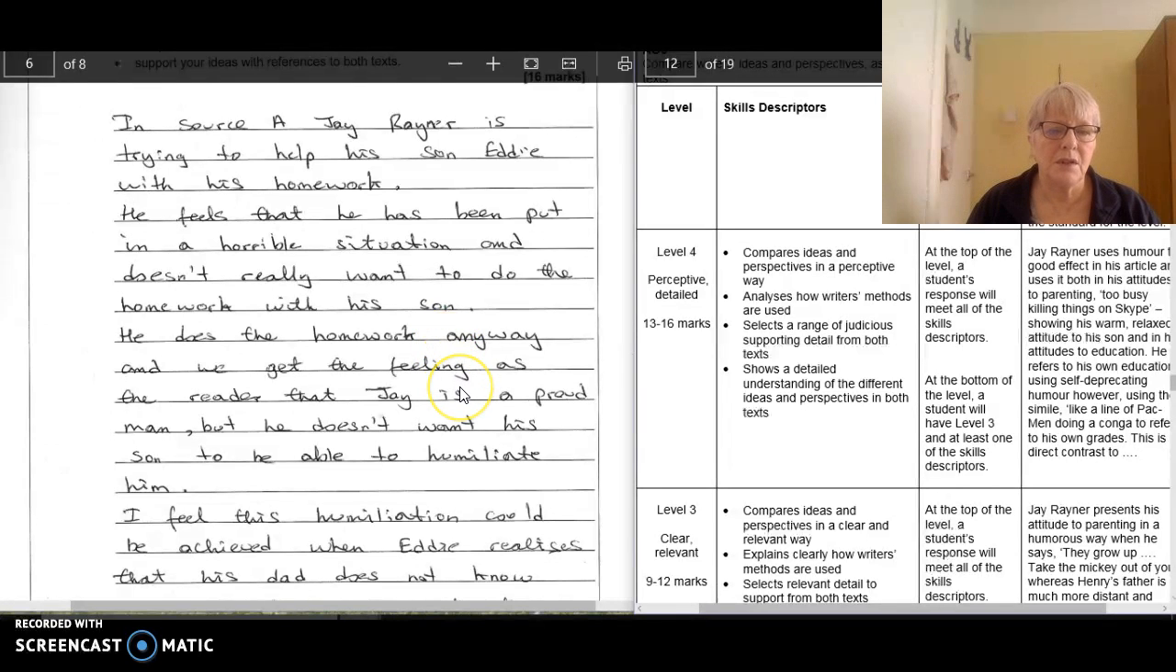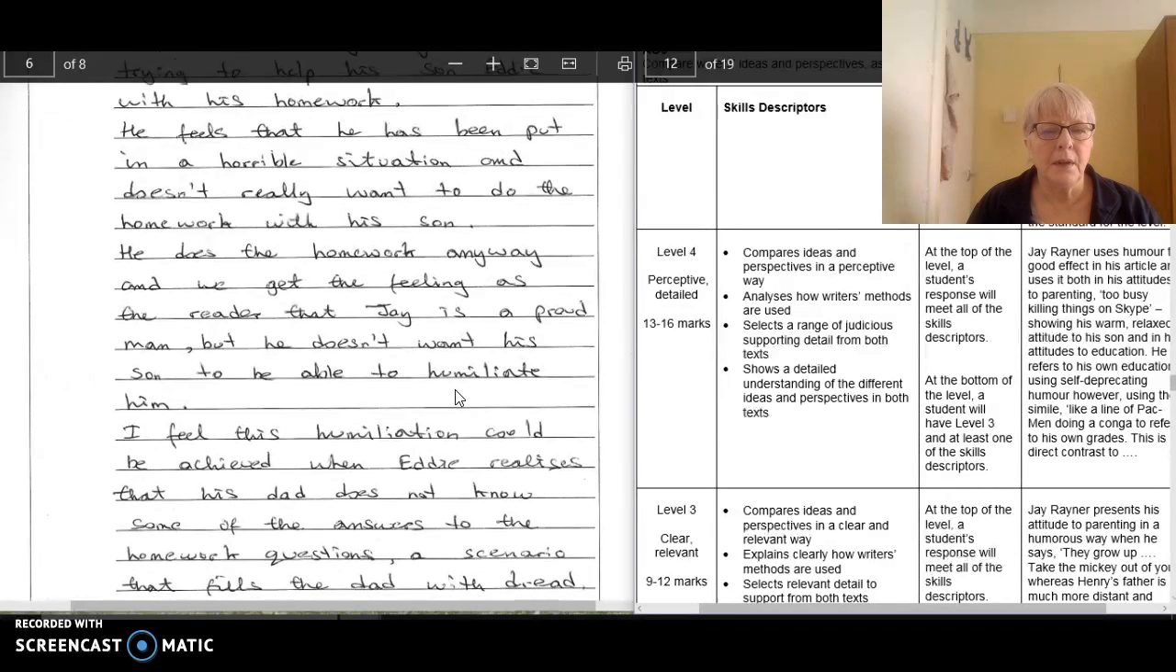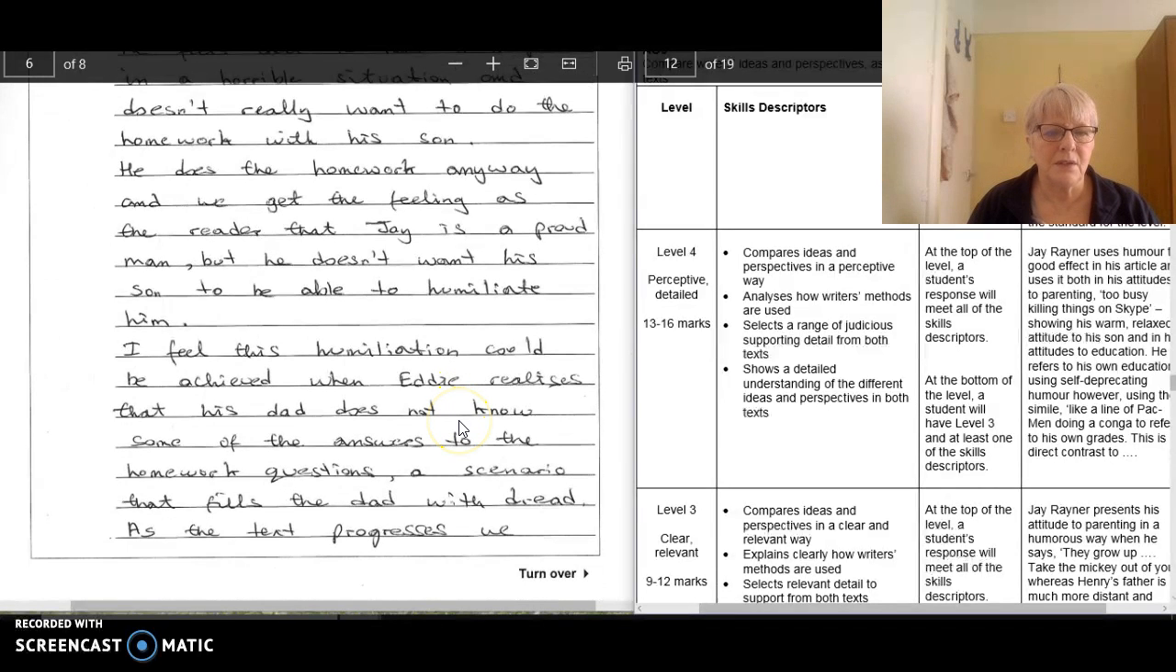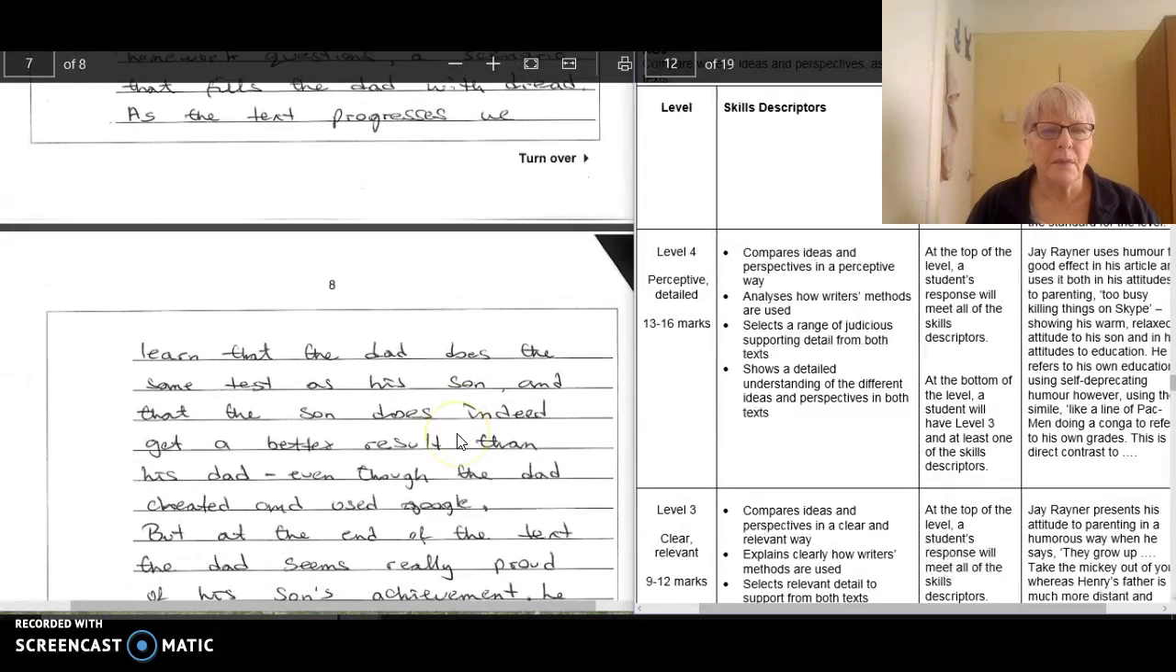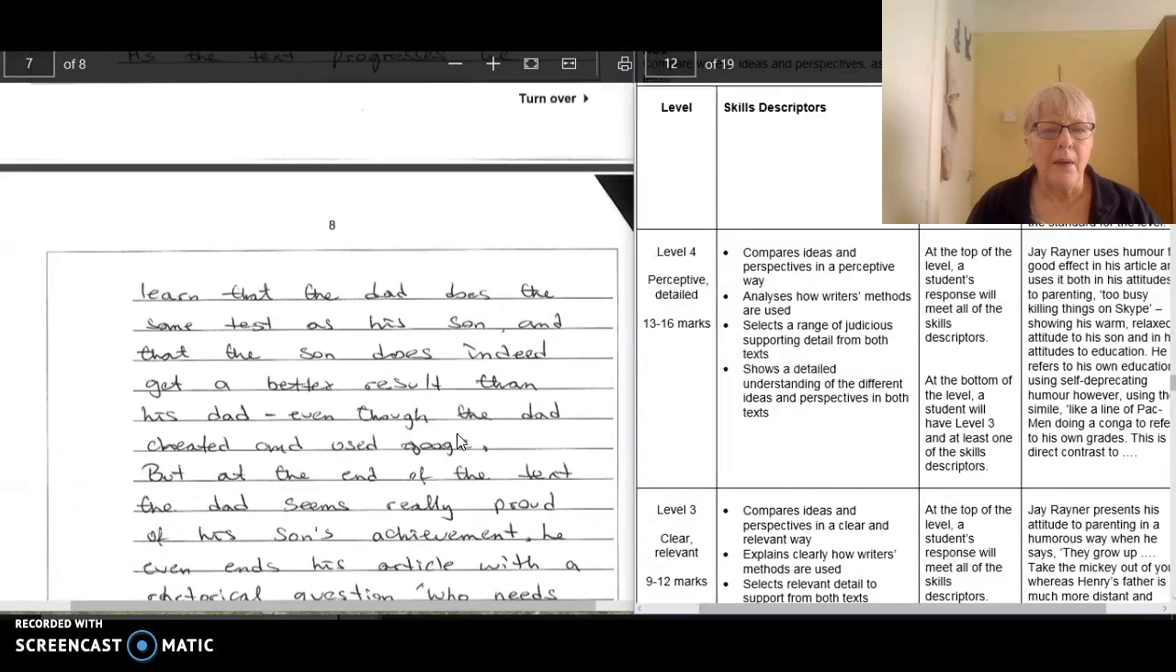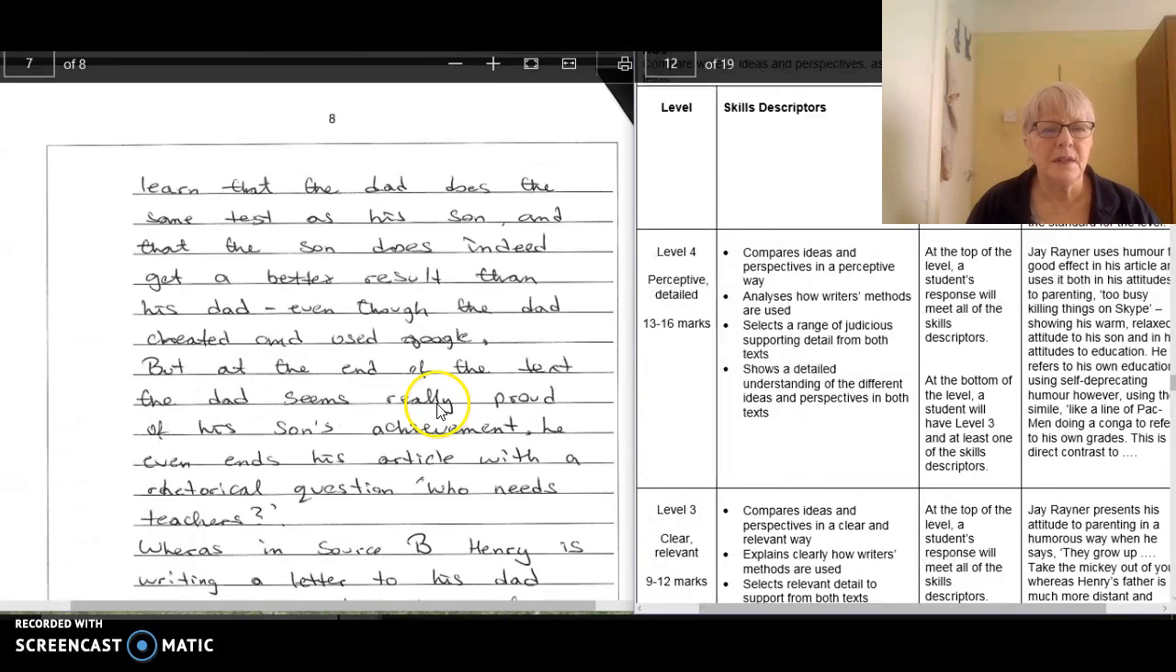You suggested that Jay's a proud man and doesn't want his son to be able to humiliate him. And it could be achieved when Eddie realises his dad doesn't know some of the answers to the homework, the fact that Eddie does perform better than Jay. And then you've picked up on the end that he seems really proud of his son's achievement and uses a